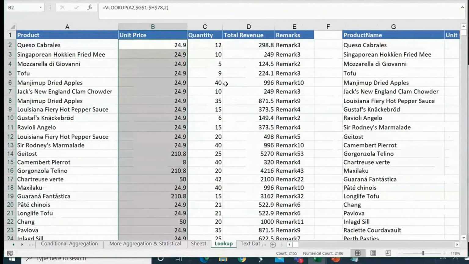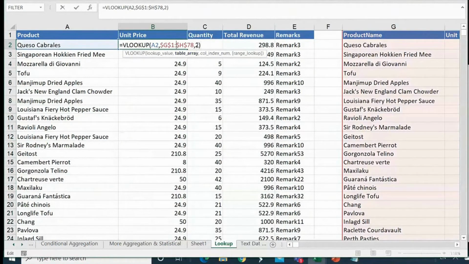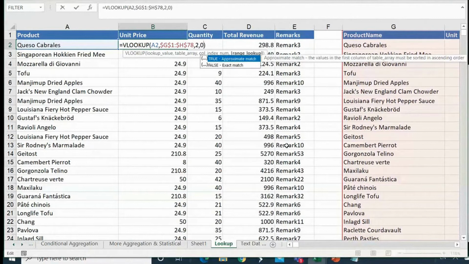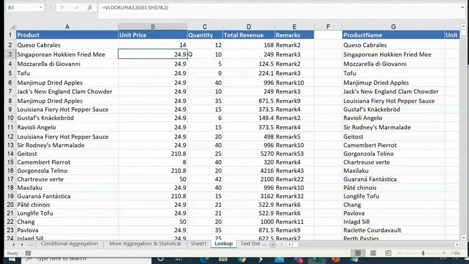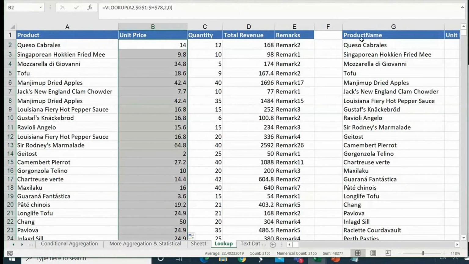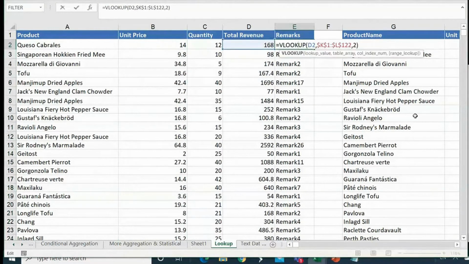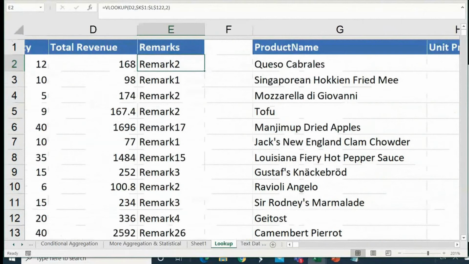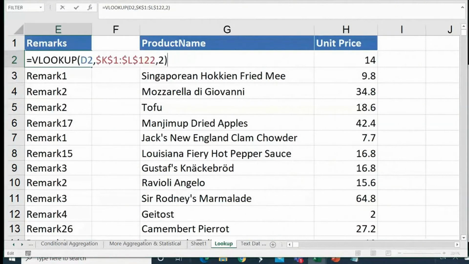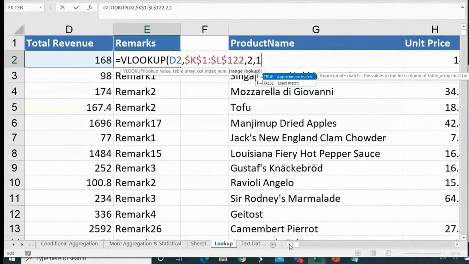Can you see that? So if I don't put the last parameter, it just gets messed up. So if you want exact match, ensure that you put 0, otherwise you mess up things. If you want approximate match, you just ignore it, or else you can also put 1. 1 is nothing but approximate match, or you ignore it also.